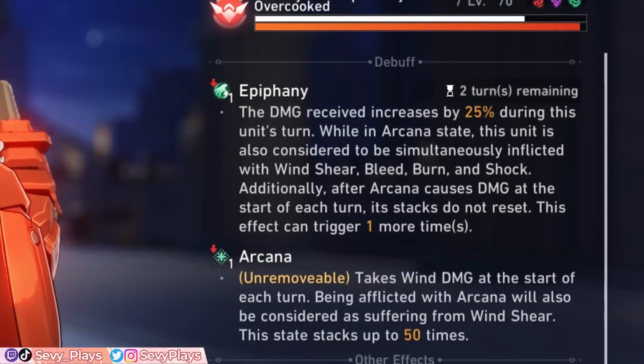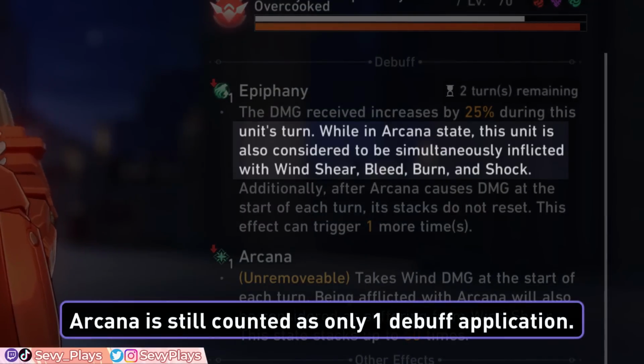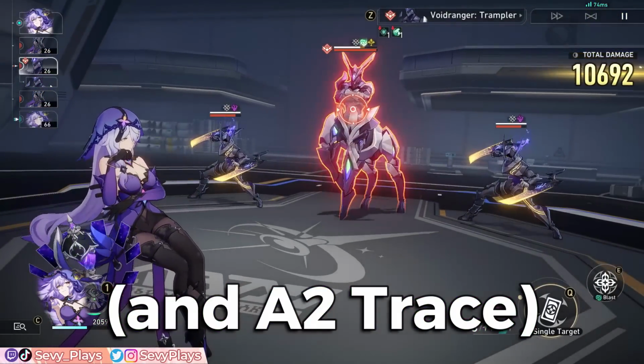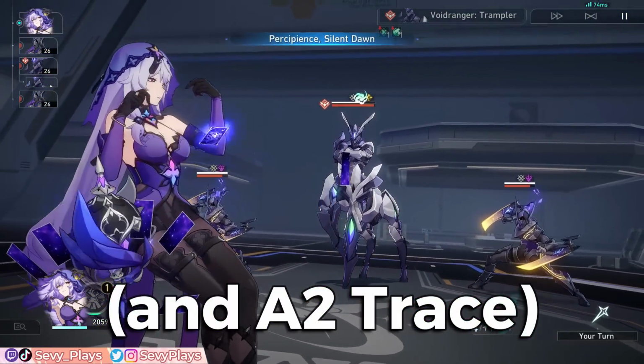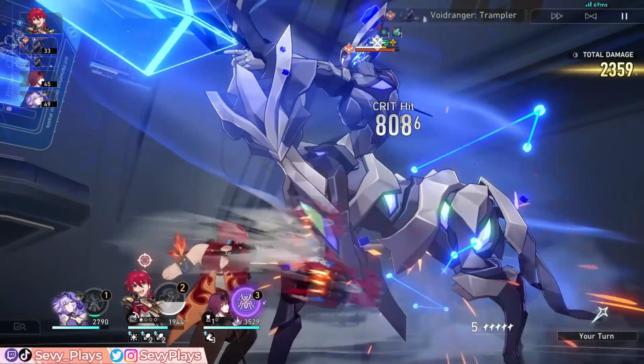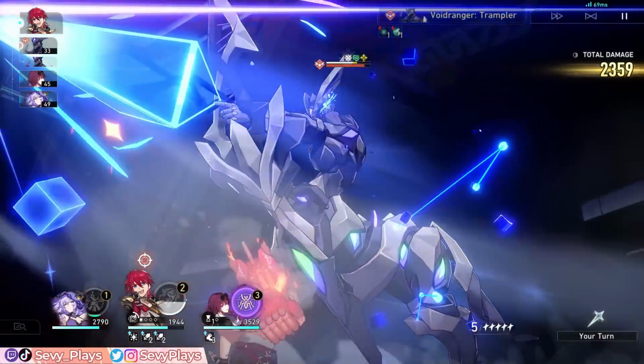During Epiphany, Arcana is also regarded as simultaneously being all elemental types of DoTs, wind shear, bleed, burn, and shock, being inflicted on the enemy. This synergizes with her basic attack as it counts all of them as 4 individual chances to stack Arcana, but it also now means other non-Kafka units can also detonate Arcana by using their abilities that allow them to detonate